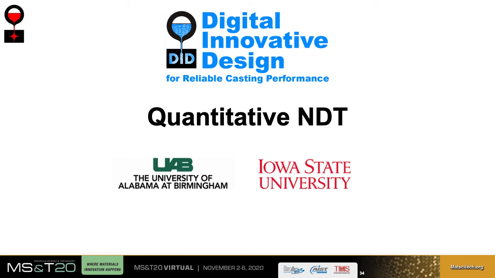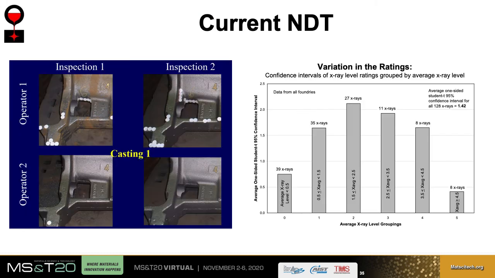For us to correlate modeling, microstructure, and NDT to properties and performance, we need to develop quantitative NDT. Current NDT standards are workmanship standards. They are subjective. Although they do give assurance that at a minimum the castings are sound, there is no correlation established between NDT levels and performance. I'd like to make a point that the NDT process is the same for all products, whether it's a casting or a forging or a plate. We all face this issue of repeatability and reproducibility. This shows previous gauge R&R studies in visual inspection and RT, which show that these methods are subjective.